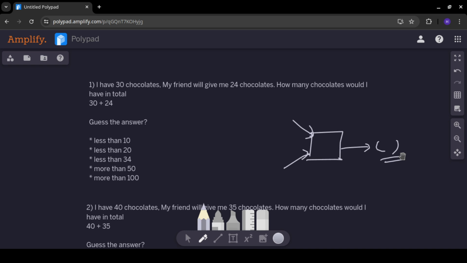A way to do it in classes: who all do you think it is less than 20? Can anybody raise your hands? Or you can pull up a few people and ask them, do you think it is less than 20? Do you think it is more than 50? Questions like this. And also you can ask them, if they make a guess, not all the time but some of the times, why they guessed that. So, both for what is perceived as a wrong answer or a right answer.